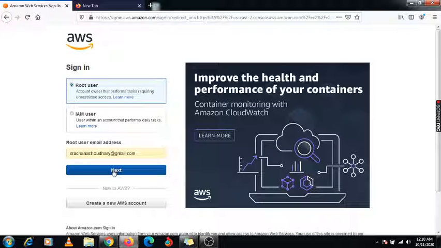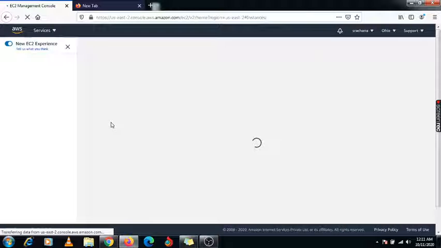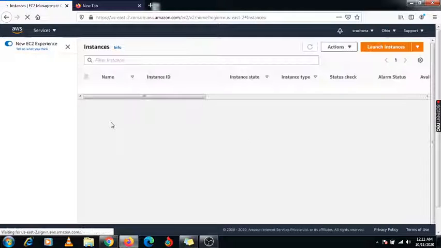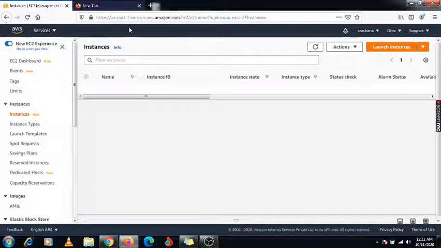So first we are logging in to our root user. So now I am under this AWS access control.